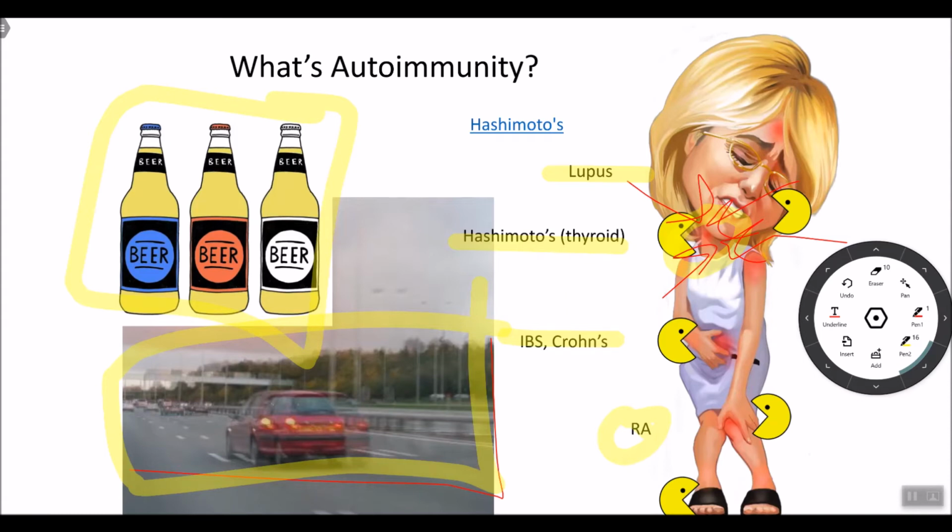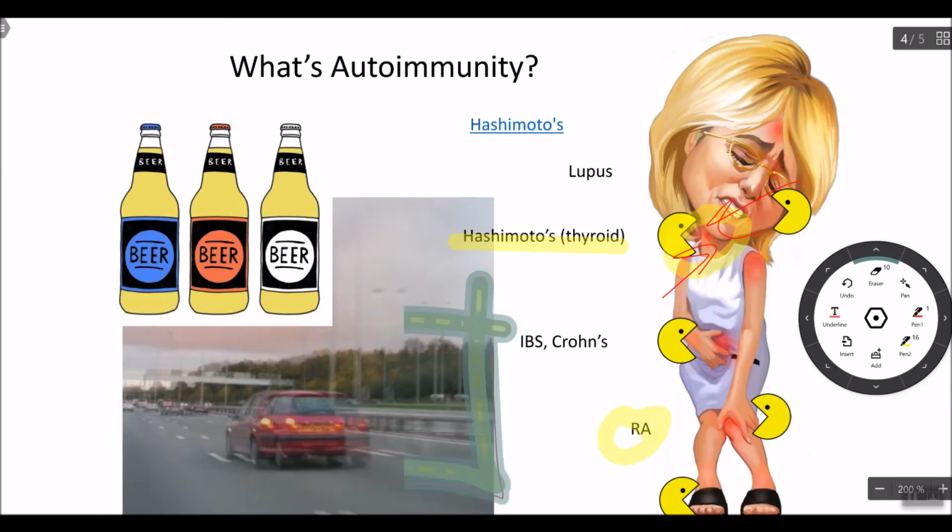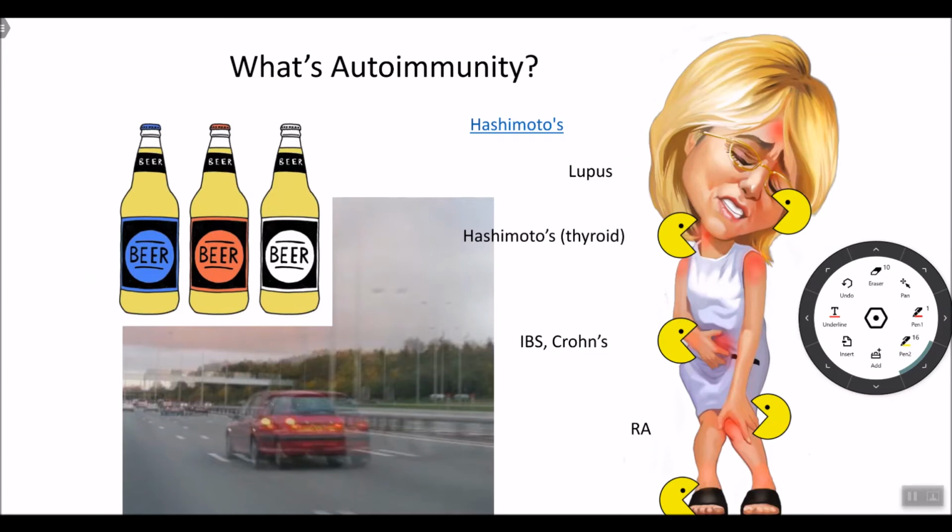So the whole goal in functional medicine is very, very simple at the end of the day. What are we trying to do? In functional medicine, we're trying to sober up your immune system. We're trying to make your immune system smarter. Instead of seeing 4, it only sees 1. And then it says, oh my goodness, I've been attacking my thyroid for so many years. I'm going to stop that because now I can see that that is my thyroid because I only see 1 thyroid tissue there. I only see 1 gland instead of seeing 4 glands or 10 glands or 100 glands.